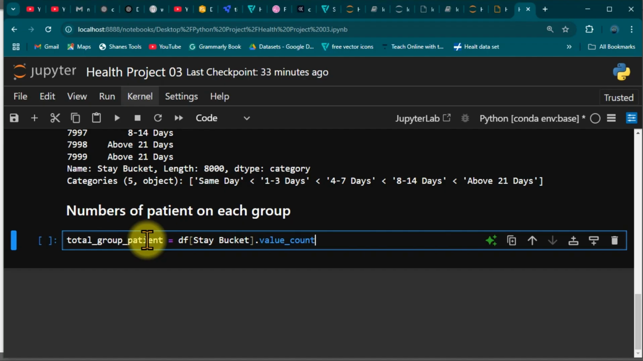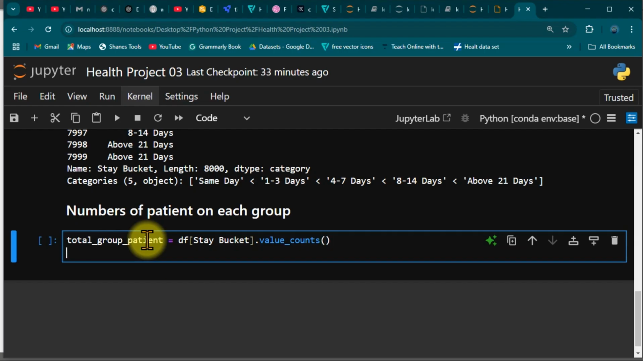So I think it counts. So we do open and close parentheses. So if we go down now, we can actually say print our new total group patient right here. So if I print this one now,